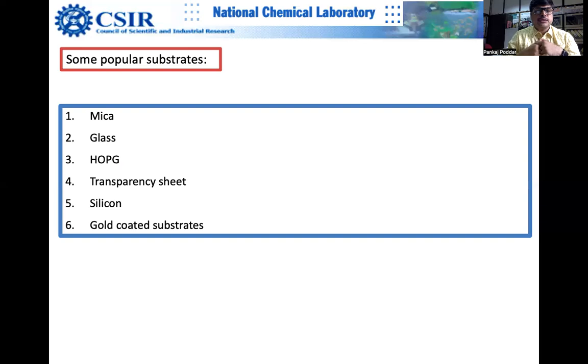material of choice. The next is transparency sheet. It is easily available. You can cut it in any size, but be careful because it can bend. I mean, it is difficult to